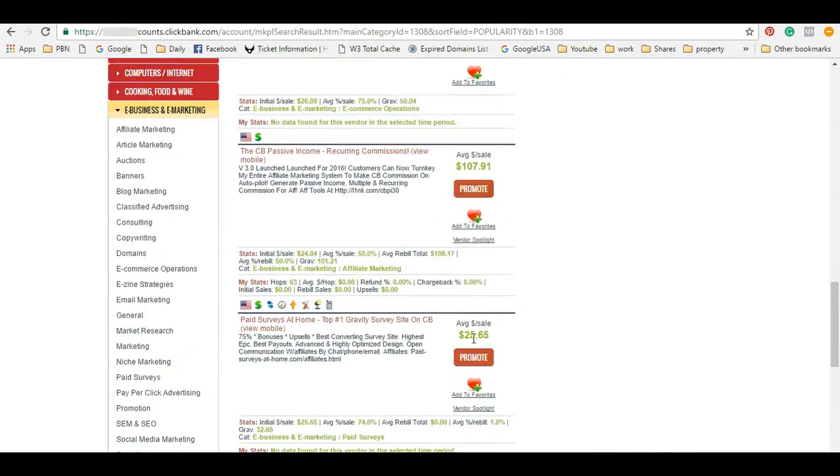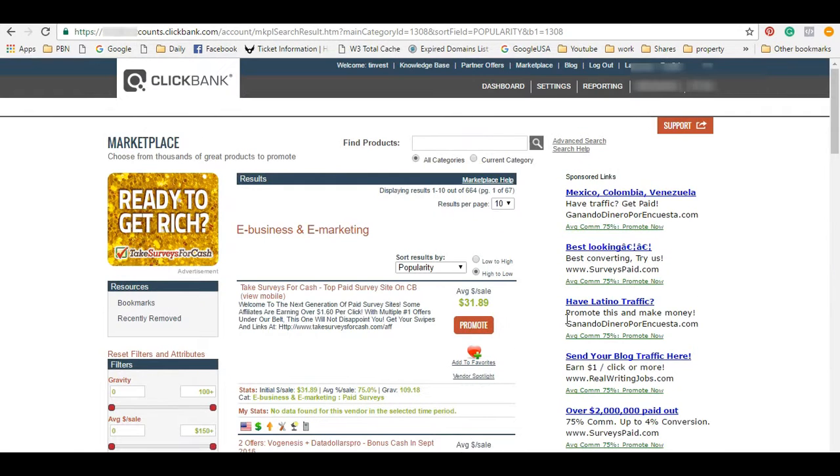If you go for the smaller keywords, say you put up about 30 pages with all the smaller keywords, all pointing to the bigger keyword page, and I'll go into silos in a bit, then you're going to rank for that bigger keyword eventually. And if you're getting a few of these a day, that's a lot of money, just from one ClickBank affiliate. Now, just one thing to point out with ClickBank, it's really good.